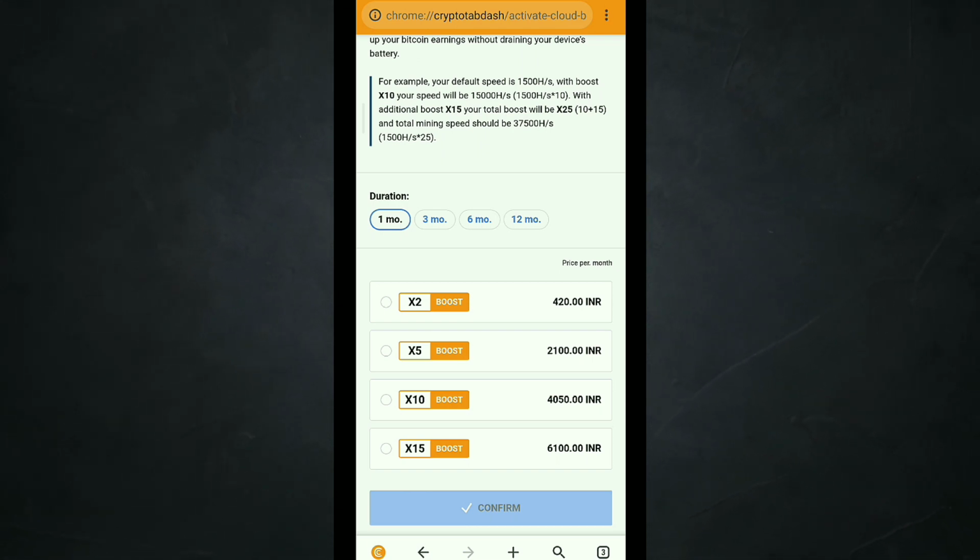In my previous video, I told you that I don't recommend these plans initially. Mine for a month or 2 months. If you get an advantage, then go for any of these plans. If you are really serious about this and still want to buy a plan, I recommend you go for the 12 months plan. In that you will get 50% more, a huge discount on every plan. Initially, if you want to buy, go for 2x boost for 200 per month. That's it. If you want to increase your mining by doing nothing, you should pay for it.